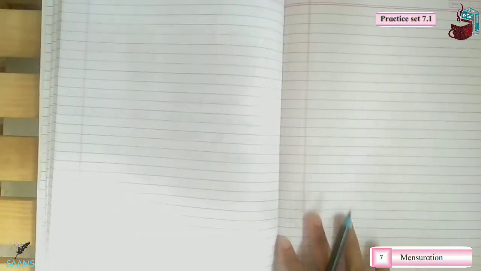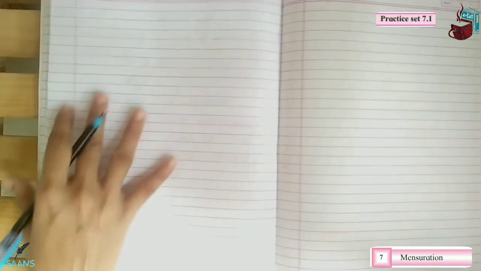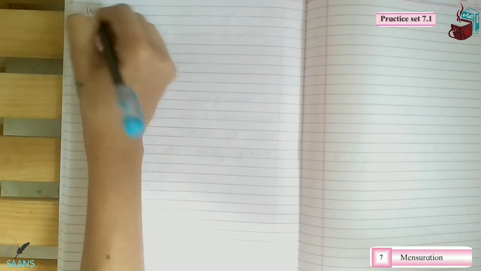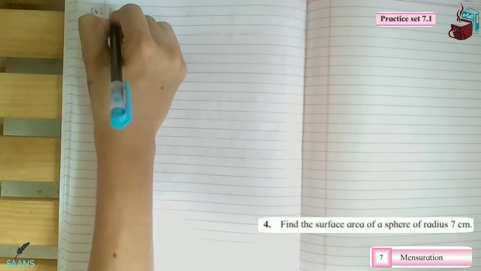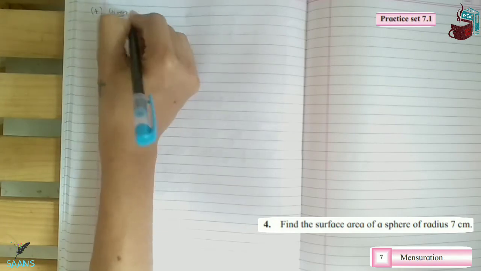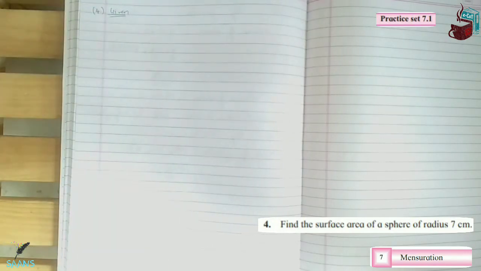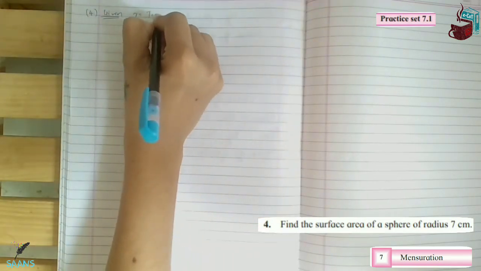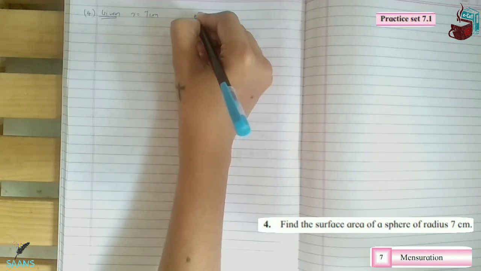Very direct sums these are, there's nothing in it. Fourth sum, find the surface area of a sphere. Now he's telling surface area of the sphere. Given, now they have given the radius directly. Sometimes they give you diameter to confuse you. Radius of the base is 7 centimeters. We have to find the